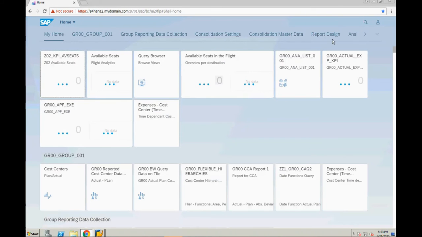So the end user connects here. He will see his workspace. In his workspace, whatever activities he has to perform, he will see all those apps.